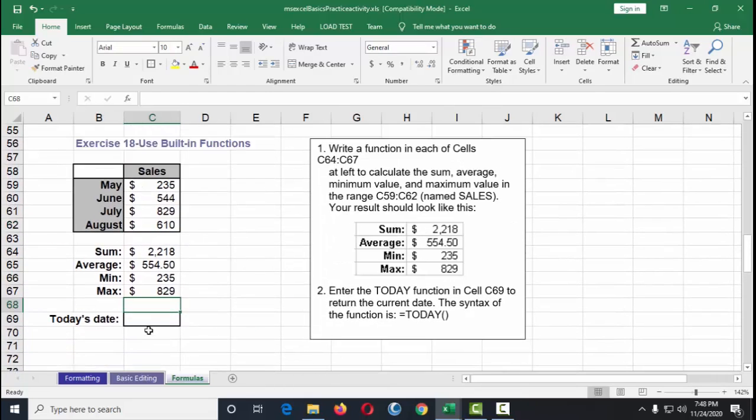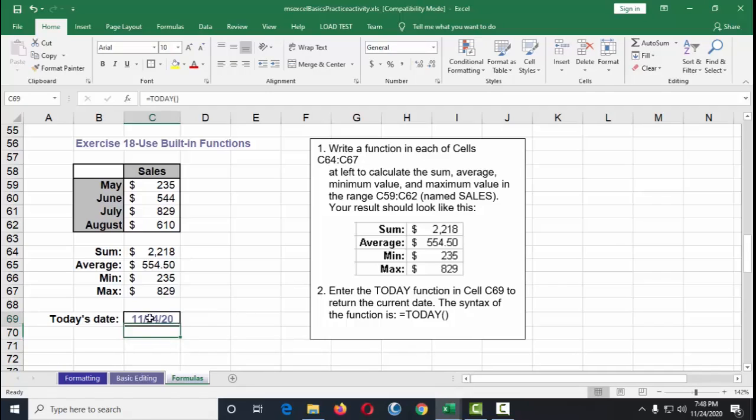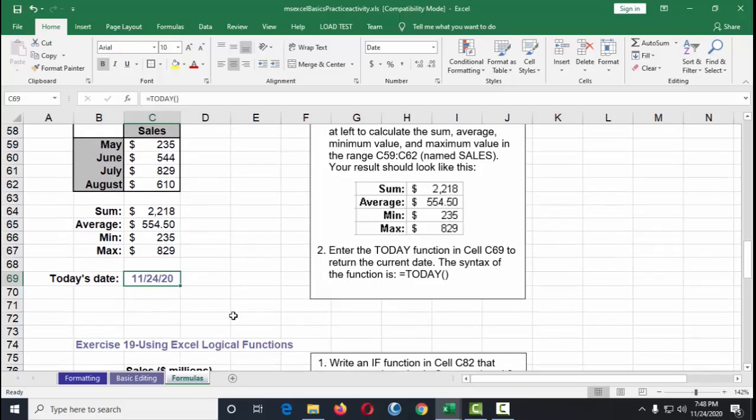And for today's date, we don't have to look at our clock. We just type the formula today and then open close parenthesis, then enter. Okay, so whatever date it is when you open this file, it will be the exact date as what your computer displays. So it will not be fixed. It is going to fetch the data from your system clock.